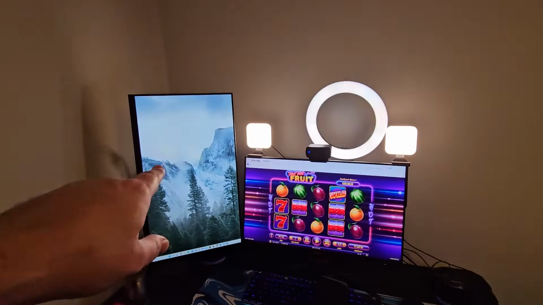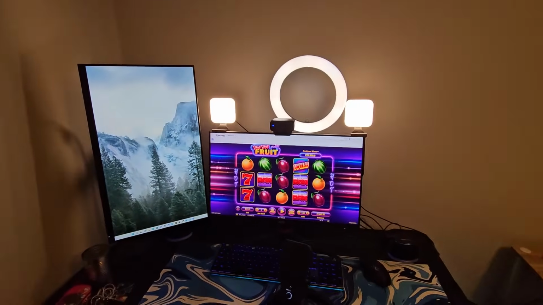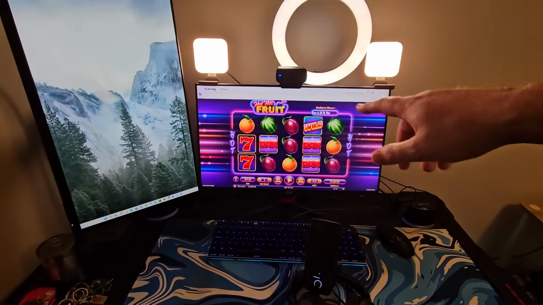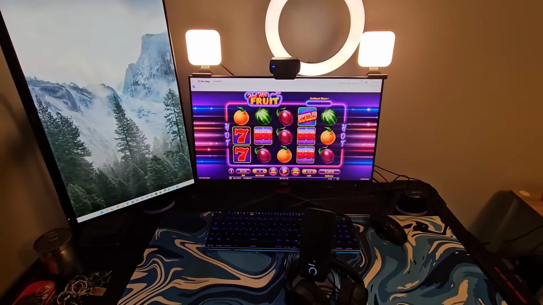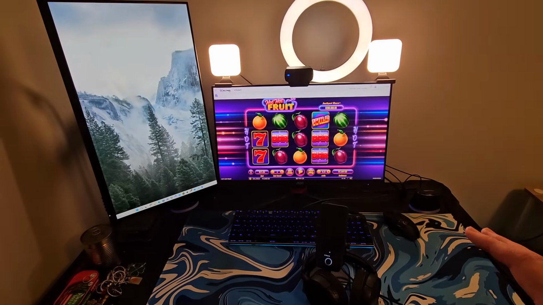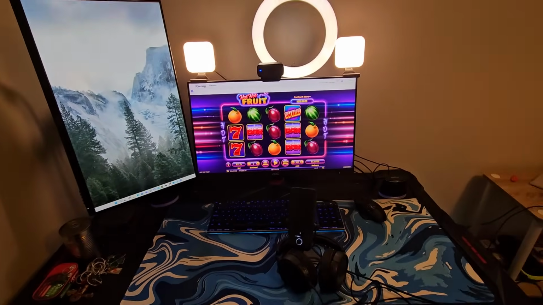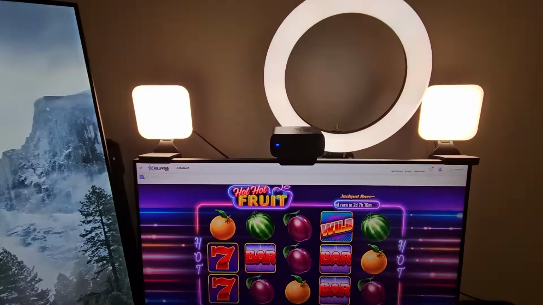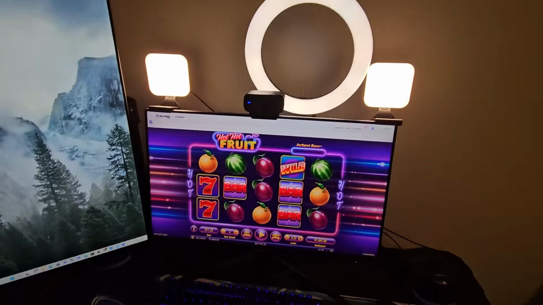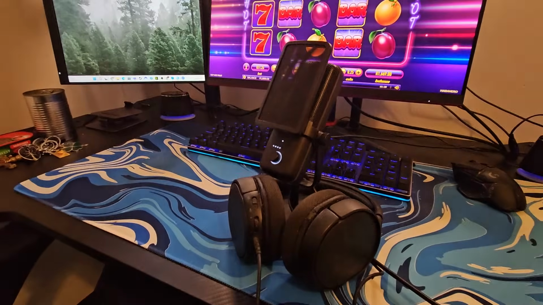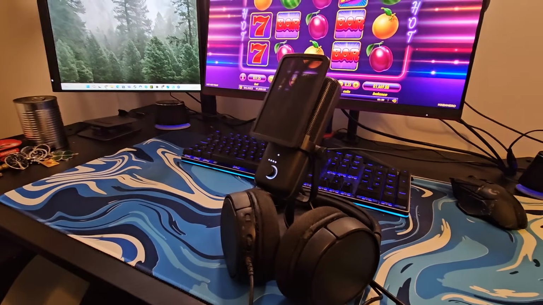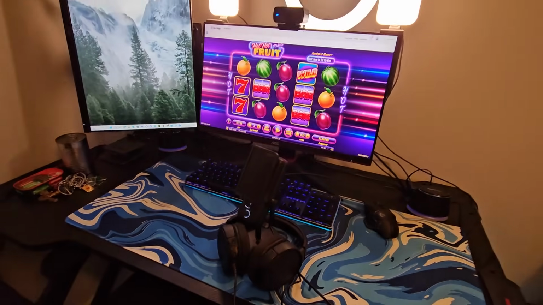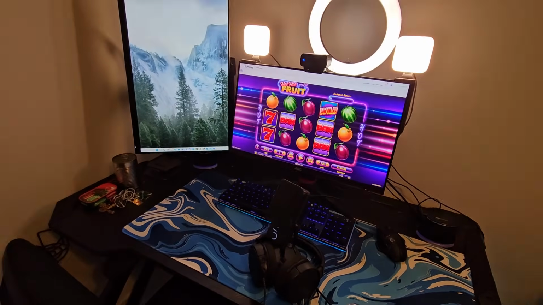I've recently got the second screen over here so that I can start doing live streams again, because for the longest time I only had this one screen because I moved recently and I didn't have space for it, and it doesn't really fit on this desk, but I'm kind of dealing with it. So I've got my main screen there, secondary screen there, a couple of lights. That's the camera that I use. Most of my stuff is Elgato. We've got my microphone and headset over there. I don't really listen to slots when I'm playing, so I don't really use that much.